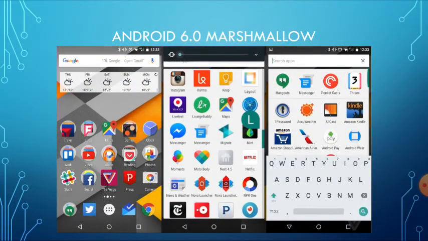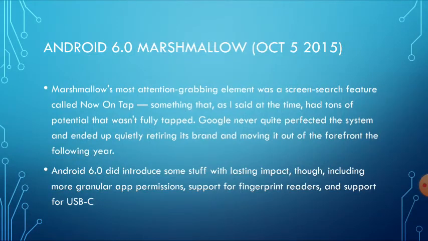Next is Android 6.0 Marshmallow. It released on October 5, 2015. Marshmallow's most attention-grabbing element was a screen search feature called Now on Tap. Sometimes that, as I said at the time, had tons of potential that wasn't fully tapped.